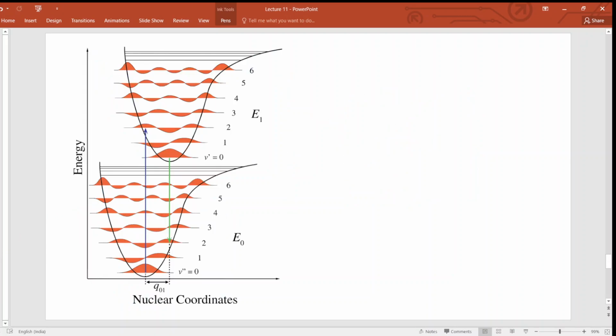Here you can look at this diagram, which gives a much better illustration of this fact. You can see that if the energy curves of these two different cases look like this, then you see these arrows which tell you where the transition is likely to occur and where it is less likely to occur. Okay, so any question on this?